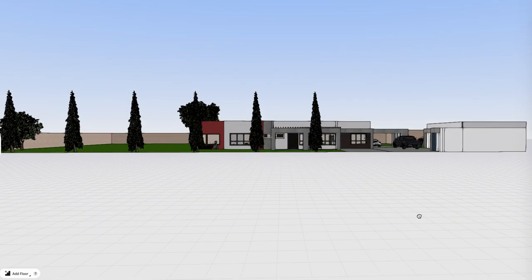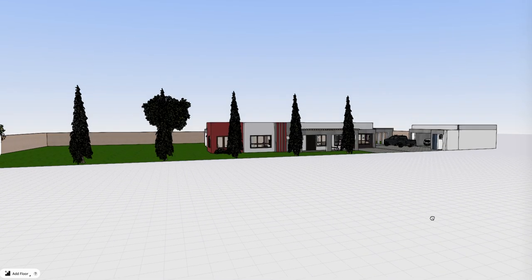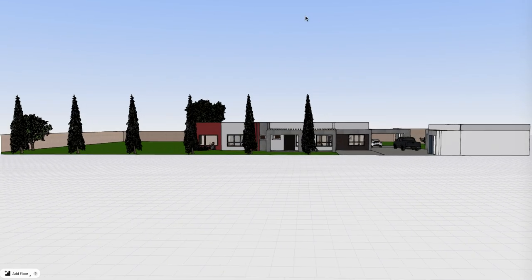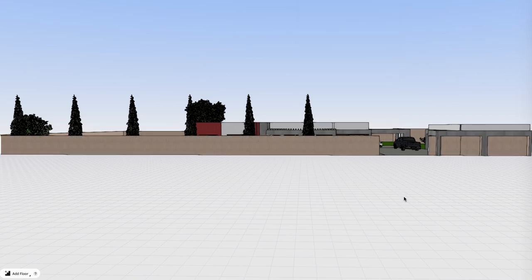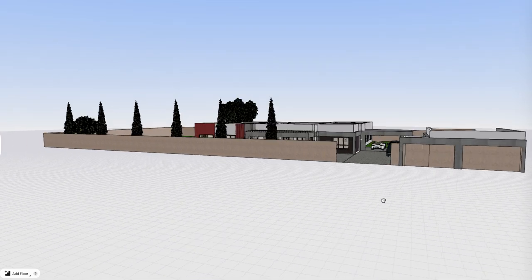Otherwise, again, just for perspectives, that would be the side view look. Like this is from the road. Of course, there's a fence in front, but otherwise, that's more or less how